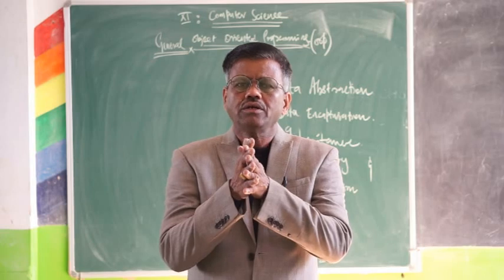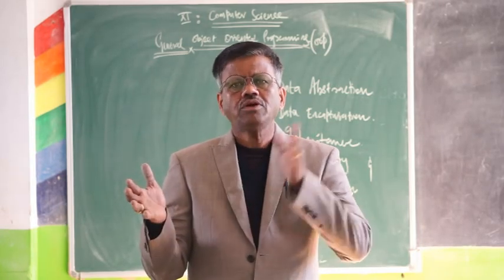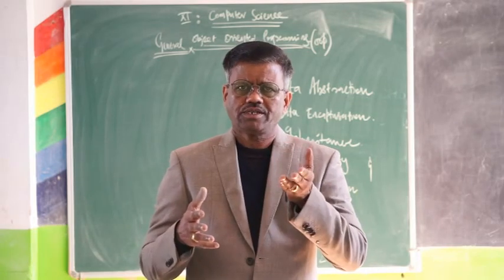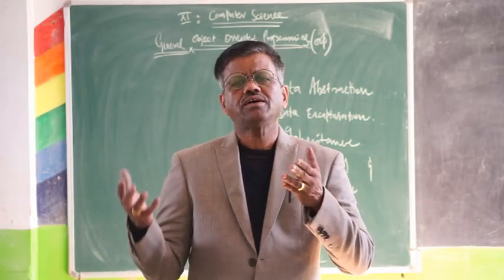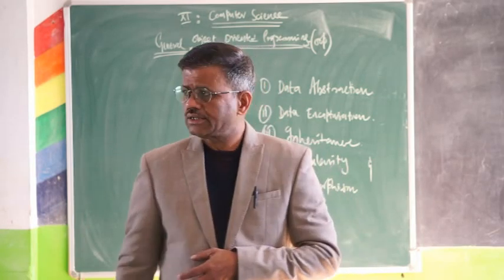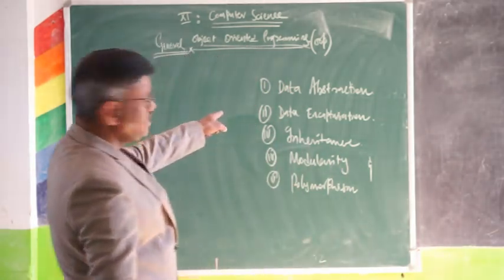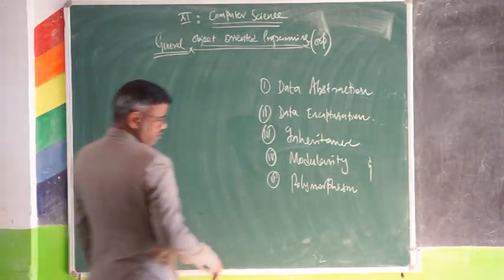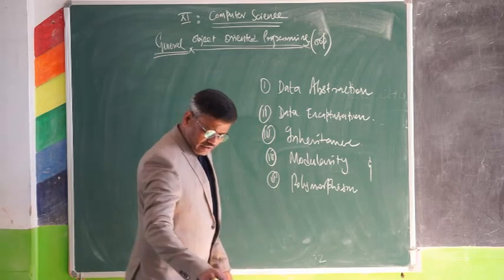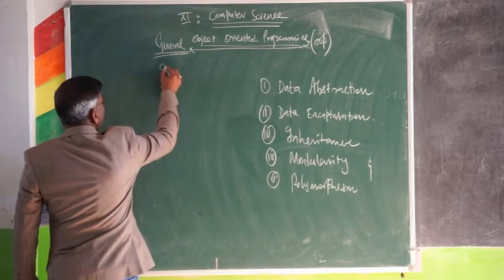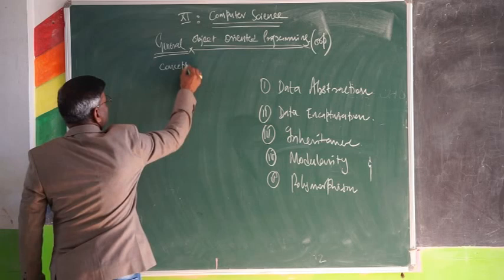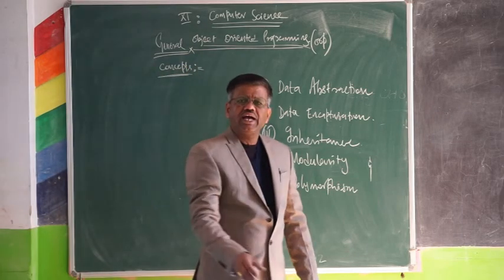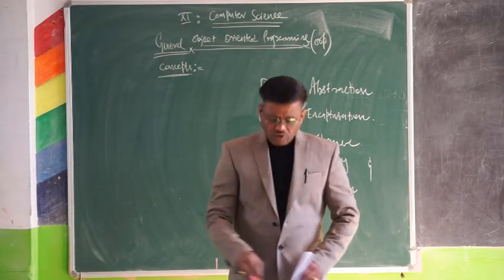To combine the method or program and the data into a single wrapping up of the data members and member functions. In other words, data and the program into a single unit is known as data encapsulation. And the third concept, these are all the concepts of code. Third one is called inheritance.